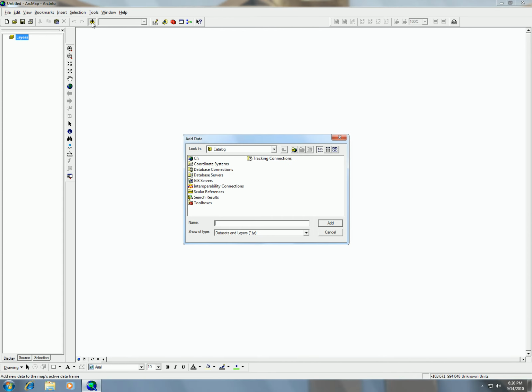When you click add data, you get your Arc catalog add data screen. The problem here that we see is that we don't have the H drive. You have the C drive only, and then some other folders. So what we need to do is connect to folder, and that's what this icon right here is, connect to